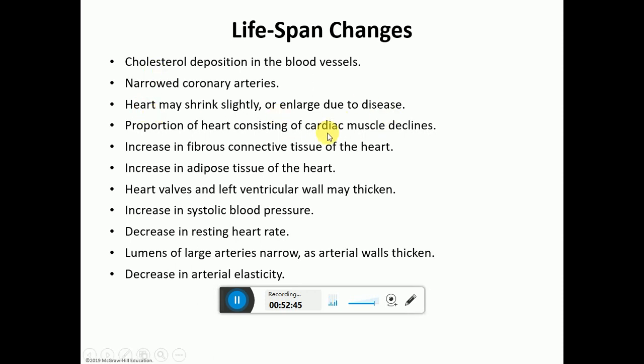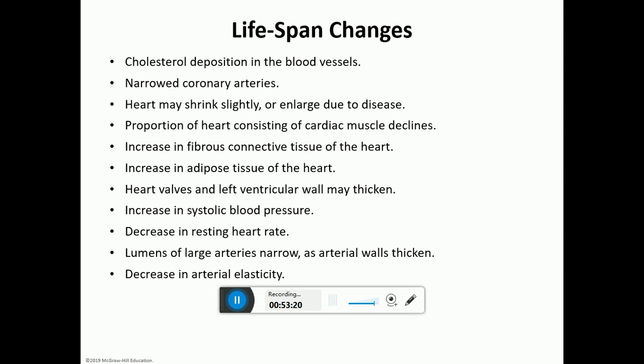The cardiac muscles' efficiency kind of declines over the years, increasing the fibrous connective tissue in the heart, and that is going to limit the contraction and the relaxation abilities of the ventricles, with an increase in the adipose tissue. The high blood pressure can lead to thickening of the ventricles and the heart valves, and a decrease in resting heart rate, but in an unhealthy way as we age, because we still need the